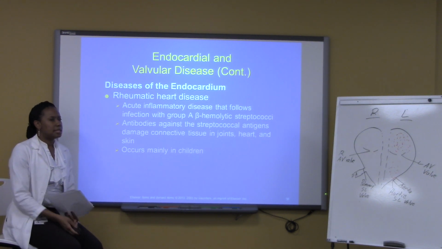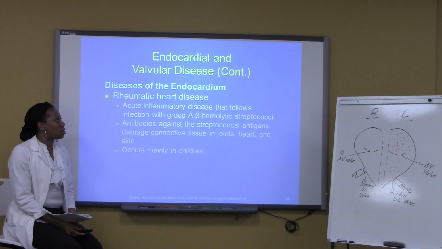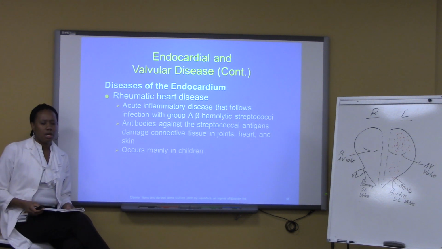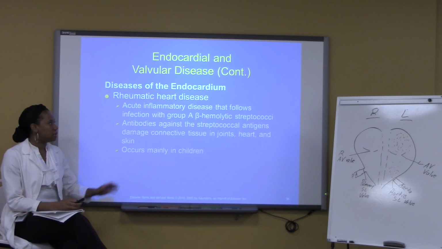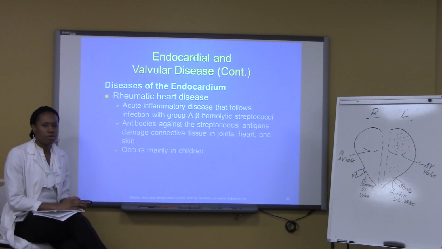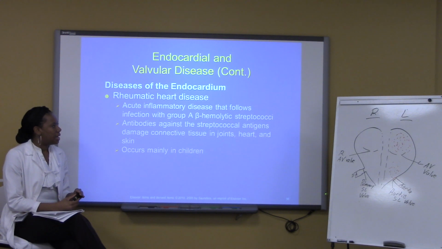The first disease that's listed here is something called rheumatic heart disease. Rheumatic heart disease is an acute inflammation, or an infection, that comes from group A beta hemolytic streptococcus. If you went over that in micro, you know what it is. And basically what